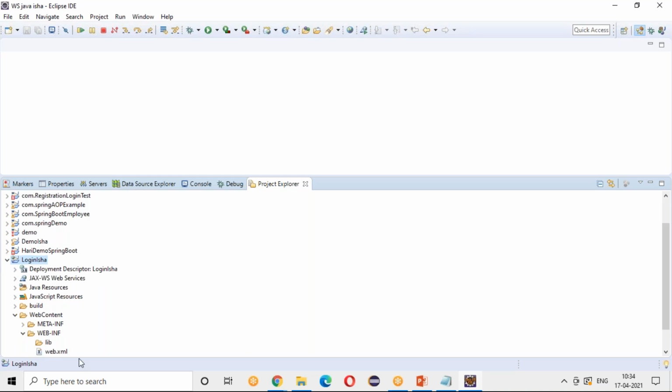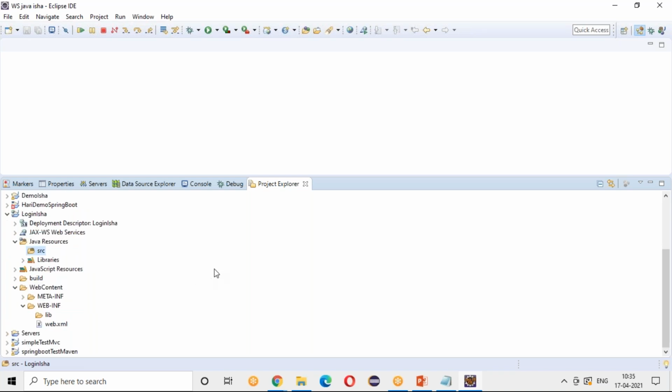So this is the structure of your dynamic web project. In Java resources, you'll have the src folder, where we'll be writing all your Java classes. And in the web content, we'll be writing the HTML pages. Your browser will understand this kind of structure.